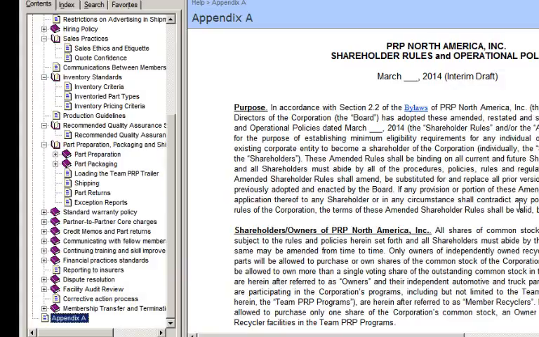Now, another section that we've included in here in Appendix A is the document approved by the board as the shareholder rules and operational policies, which dictates that the organization is supposed to publish on a regular basis a version of the membership and operations guide that you're looking at right now. So this gives you a general overview of the structure and the use of the PRP membership and operations guide